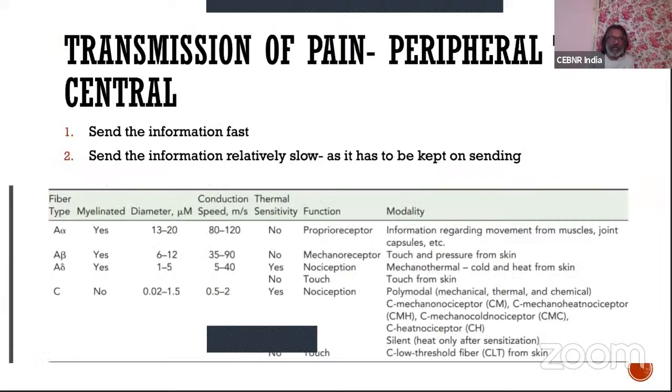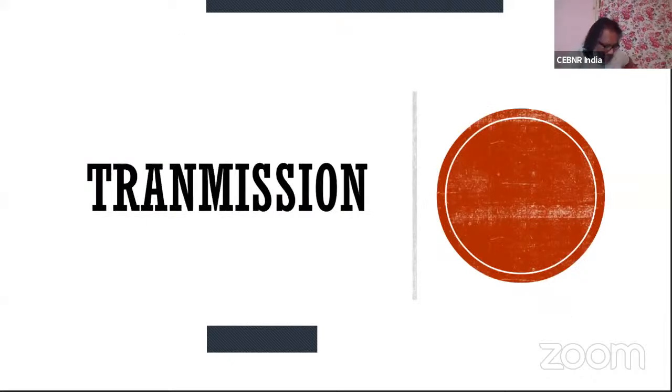Now remember, when you have pain, it's a danger signal. So if somebody comes and hits you with a stick, or pokes you with a javelin, or comes and hits you with a cricket bat, or something falls on your foot, this information has to go super fast to your brain, right? Why? Because I have to take aversive action, right? I have to move from the danger. So this information has to go very, very fast, right?